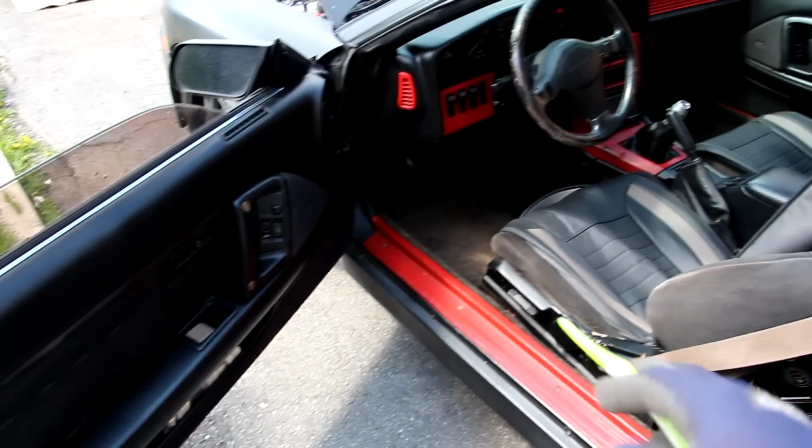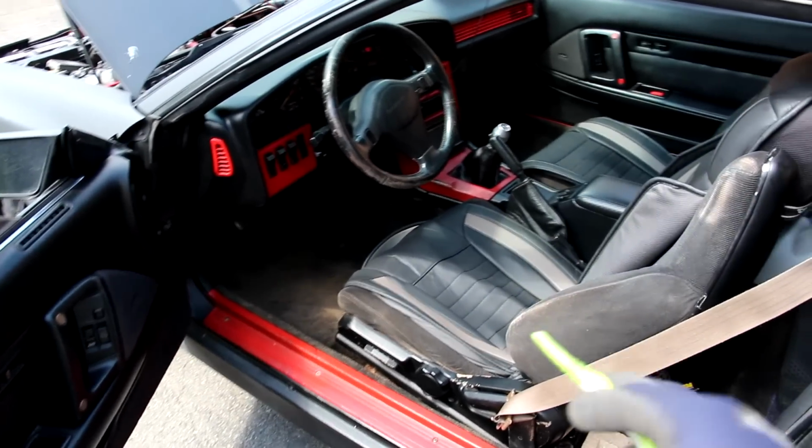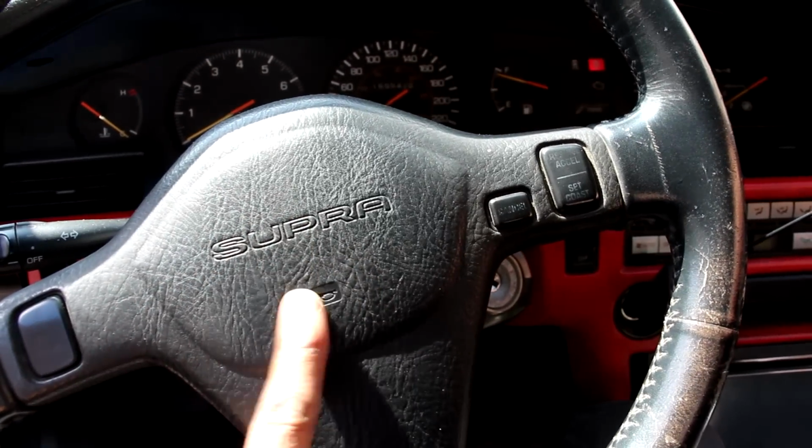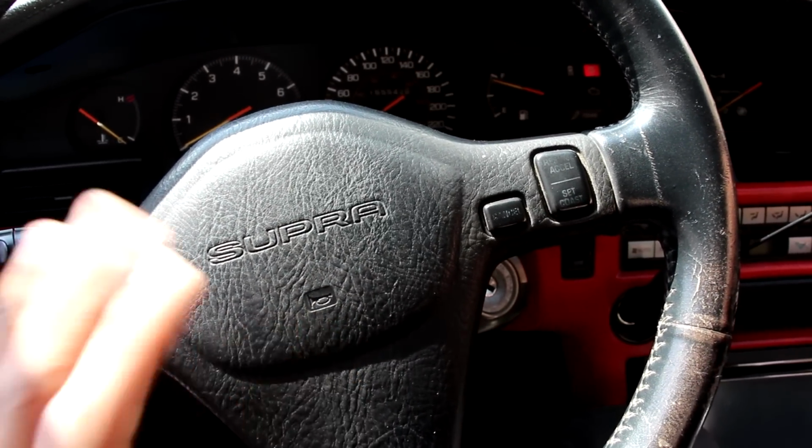Now, as I've mentioned under the hood, the A70 Supra is quite unique, and there's also some interesting features on the interior of the vehicle. In terms of safety features, besides ABS, you really don't get anything else. There's no airbags. All you get is really seat belts,